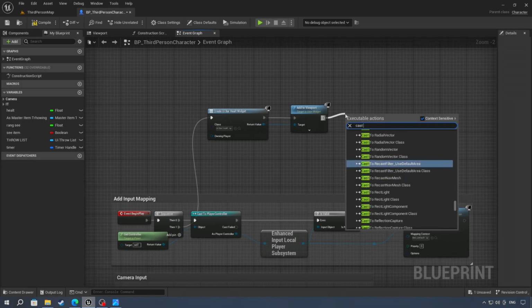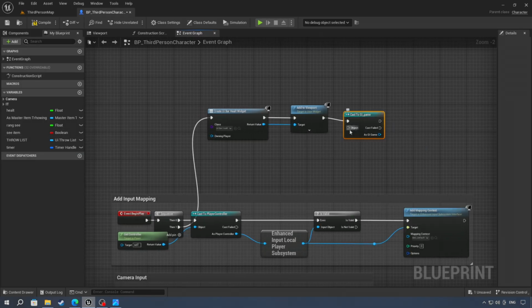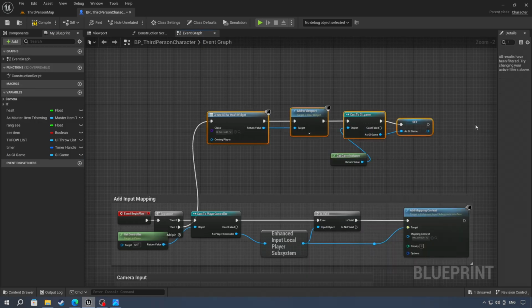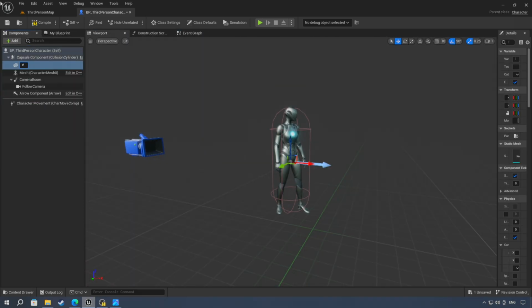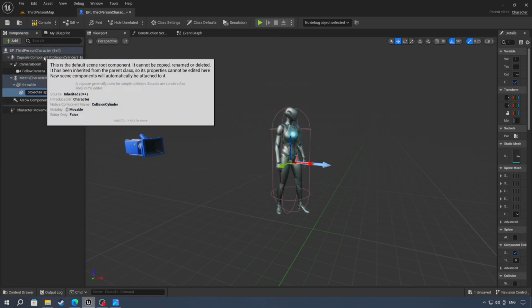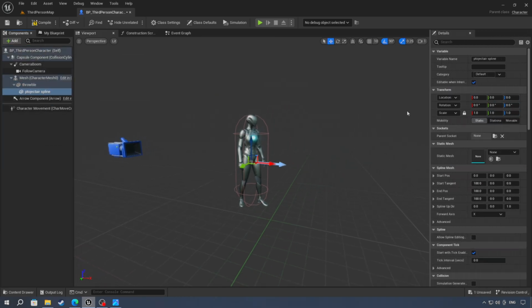Before we continue, there are two things to do. First, let's quickly create a reference for the game instance. Second, we create a new static mesh and call it throwable, place it inside the character's mesh, and also add a projectile spline to it. As for throwable, we will set its parent socket to handwrite,